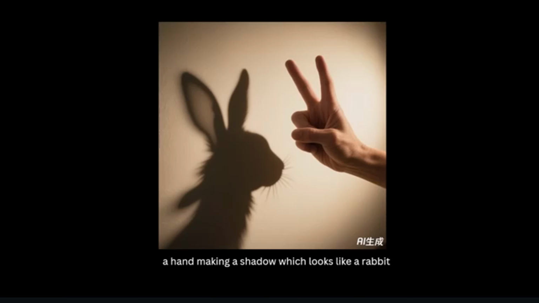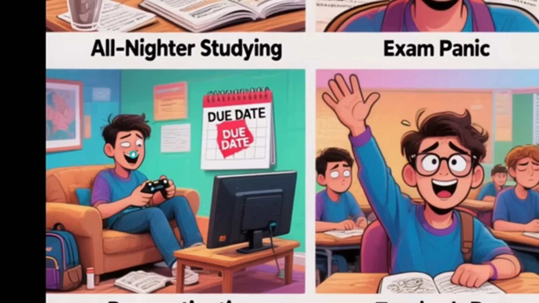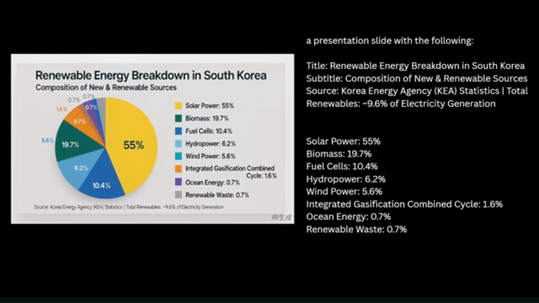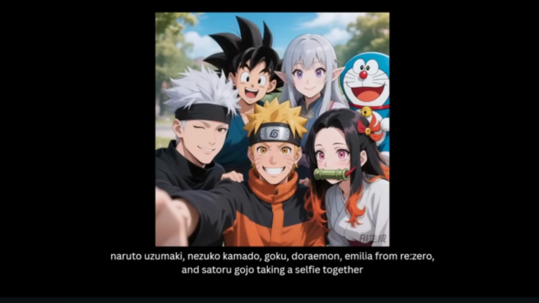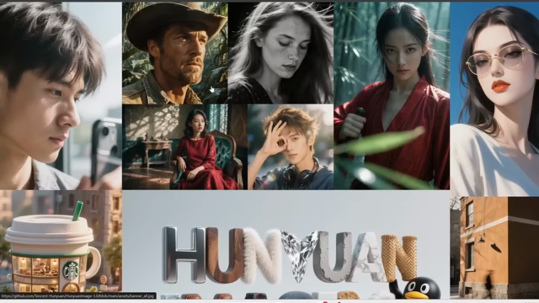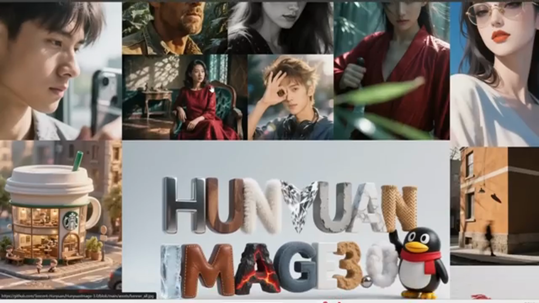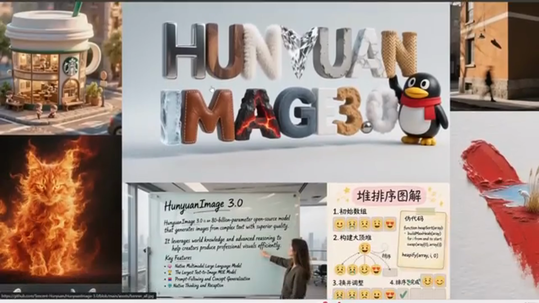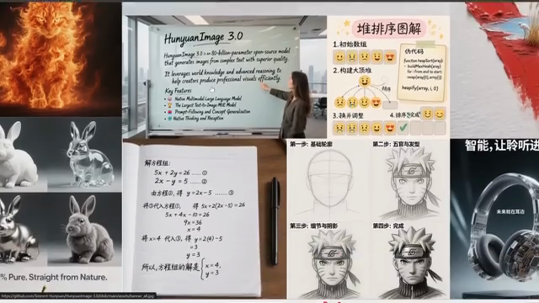Now here's another even trickier prompt, which is a hand making a shadow which looks like a rabbit, and it wasn't really able to do that. Like, this does not look realistic, so it's not that good yet. Now that being said, these are super challenging prompts that most other image models do not get correct. So I'm really trying to test its limits. For basic images like this, HunyuanImage-3 does a fantastic job, and it's just as good as the leading models out